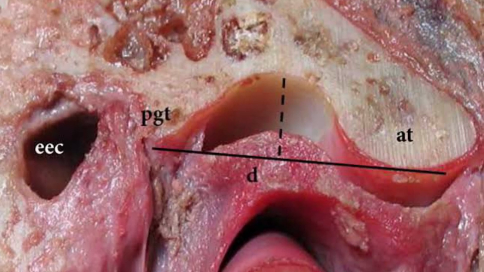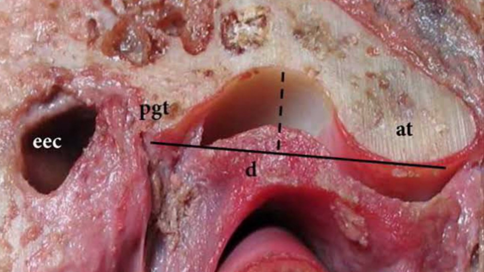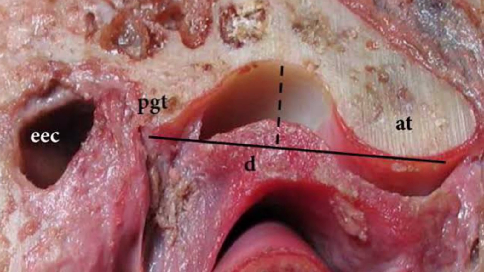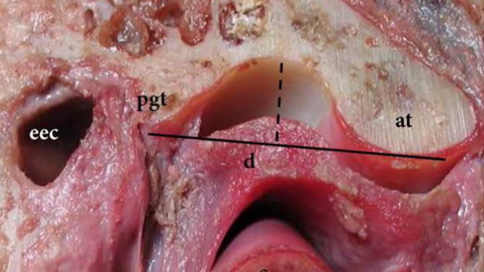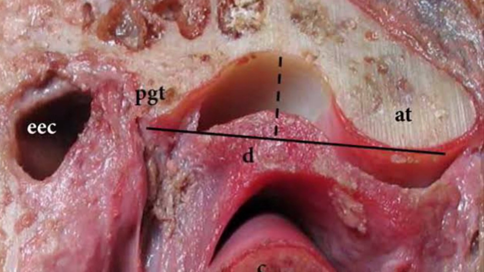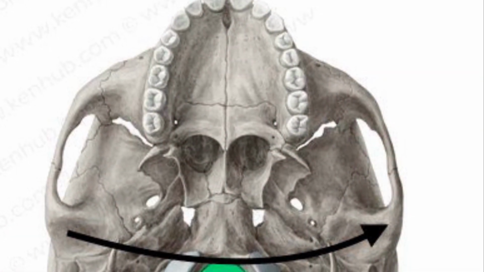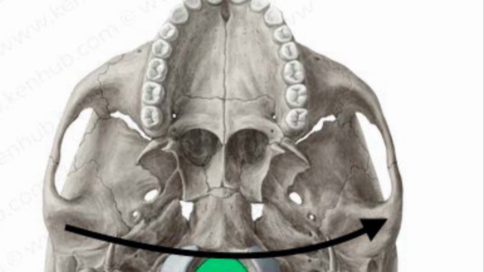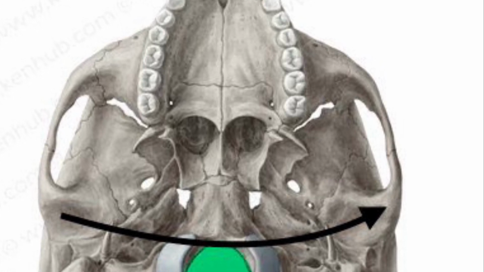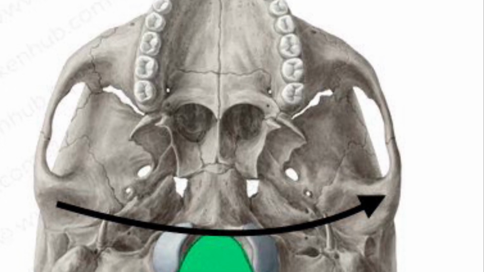This non-articular surface is mainly formed by the tympanic plate, behind the squamotympanic fissure and anterior to the articular part. So this non-articular part is mainly formed by the tympanic plate. If you see both joints from below, from the pelvis side, there will be one arch formed between the two TM joints. This arch passes anterior to the foramen magnum.